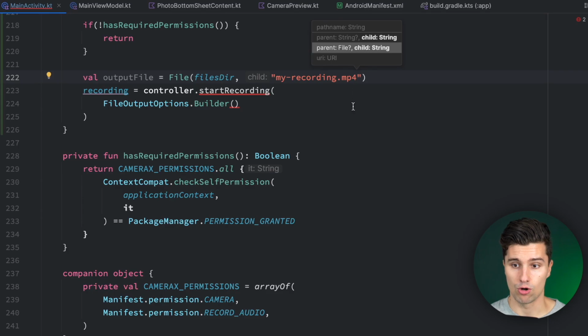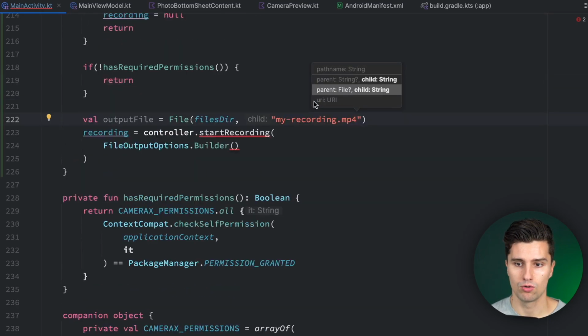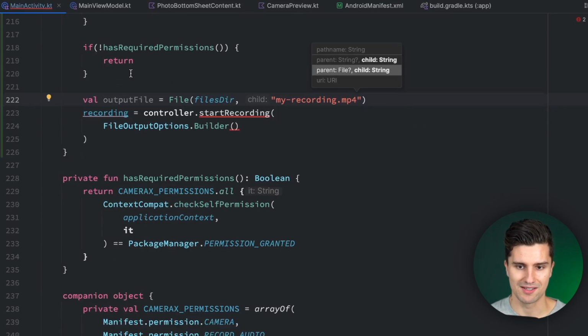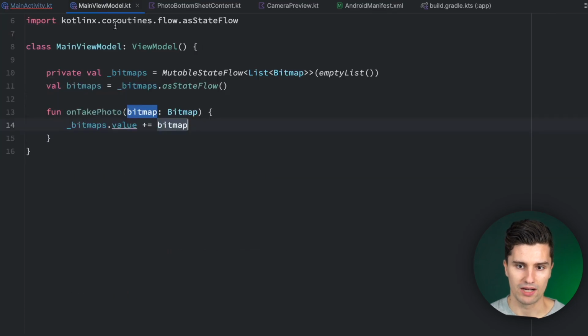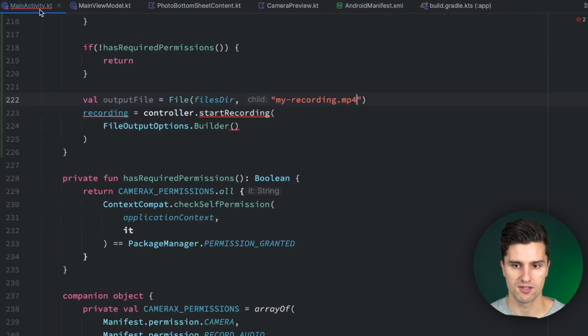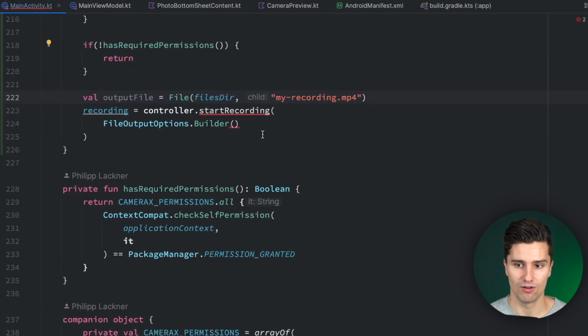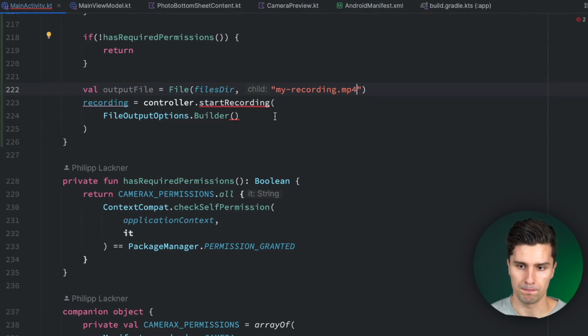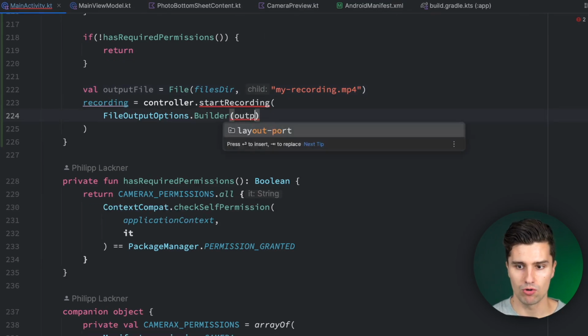This will now get overridden every time we make a new recording, which I think is what we want, since we don't want to pollute our file system with unnecessary videos. But of course, you could also set it up in a comparable way like we did in our view model, just with persistent storage where you have a list of videos. In a real setting, you would of course want to keep the recordings if you want to display these somewhere. So we're going to pass our output file here,